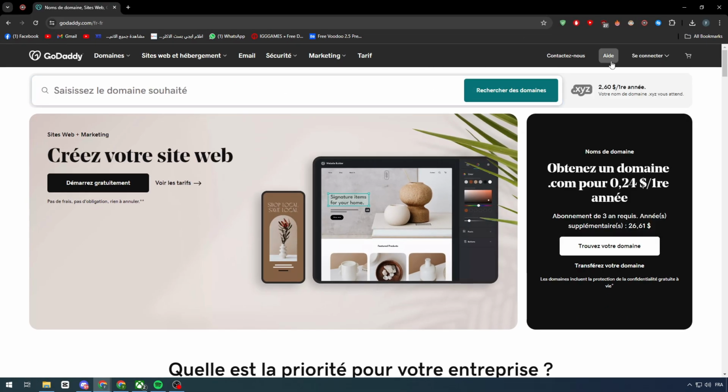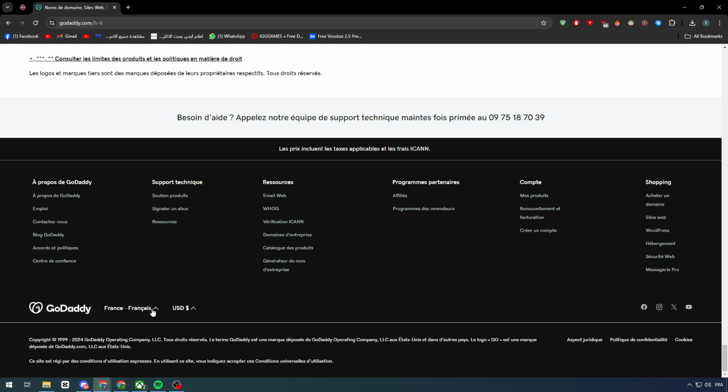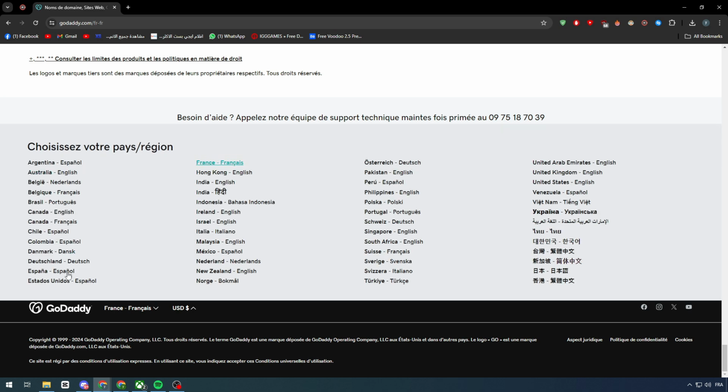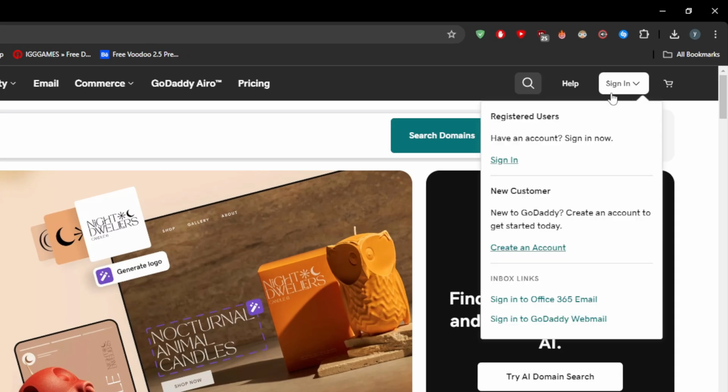Let me just change the language real quick. So we can go here, I guess, in the bottom somewhere, and we will be able to change the language. So here we go. Let's change it to English, United States, and there we go. This is perfect. So yeah, here, as we said, we simply have to go to sign in and sign in